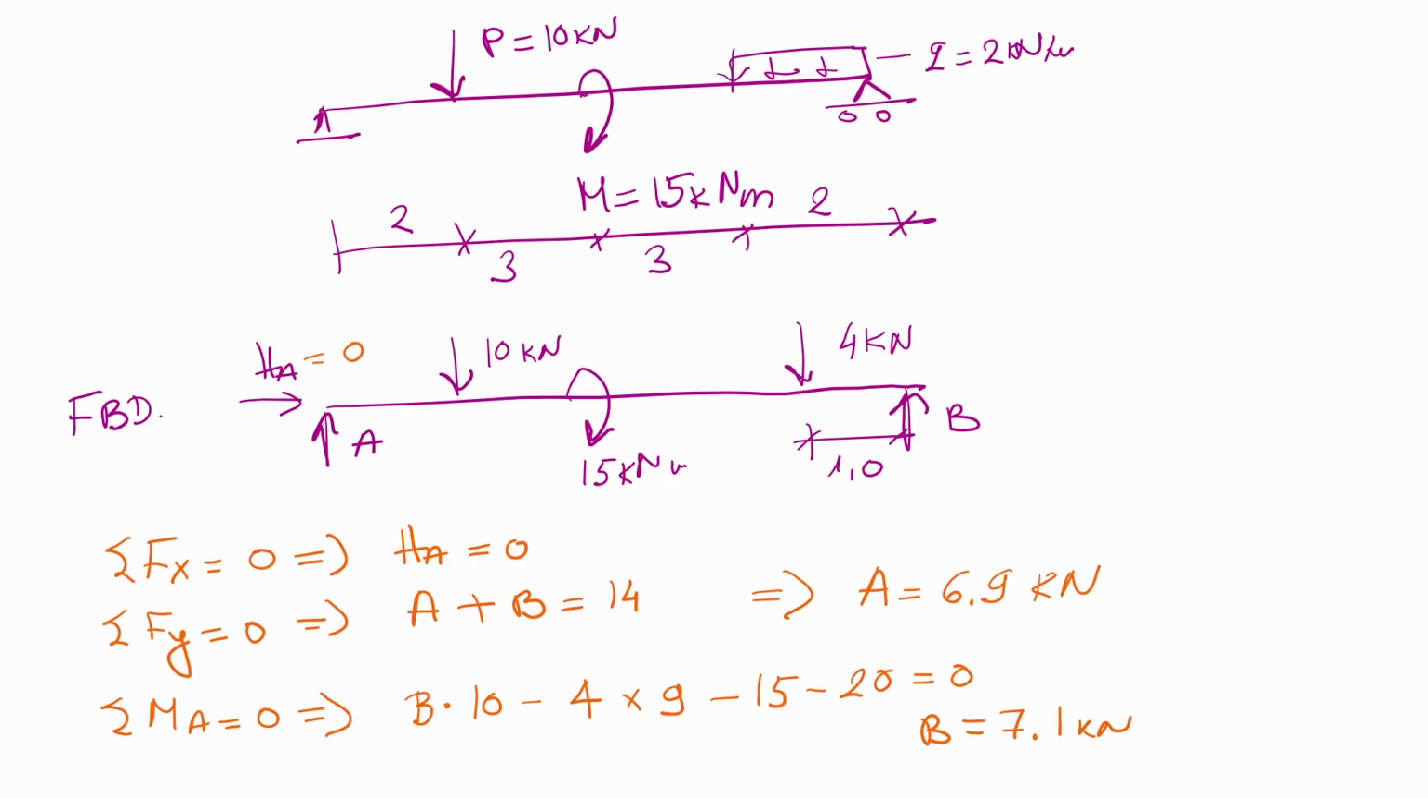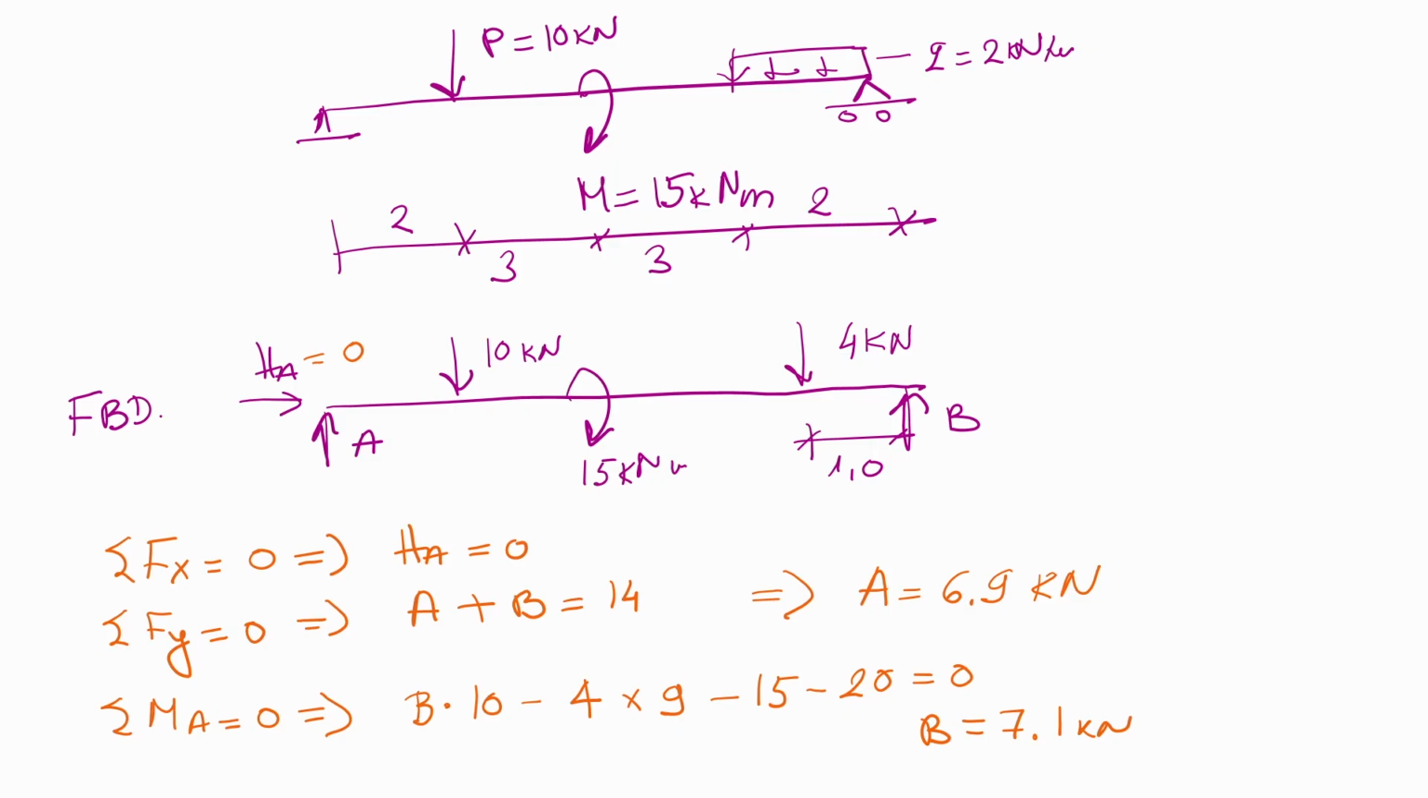I did one more example where I have again pin and roller support, but this beam is subjected to a point force of 10 kilonewton, one moment of 15 kilonewton meter, and I put a uniformly distributed load of 2 kilonewton per meter. The distances will be 2, 3, 3, and 2. Again, first step,